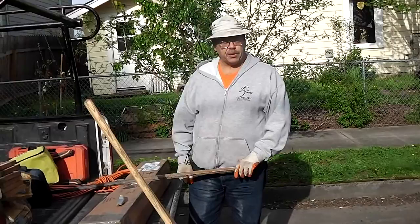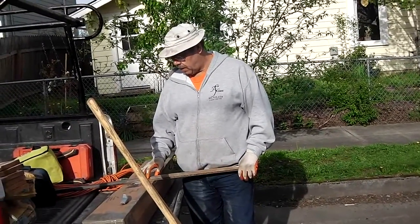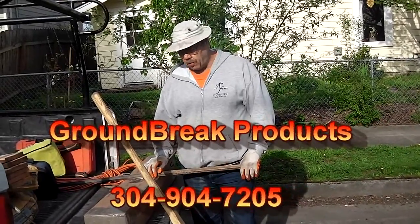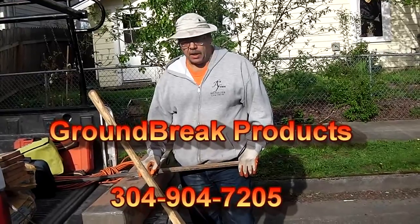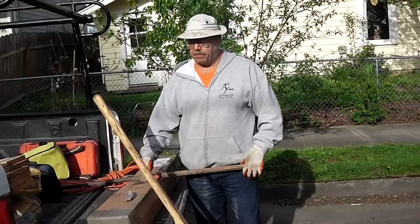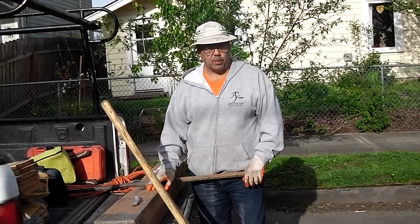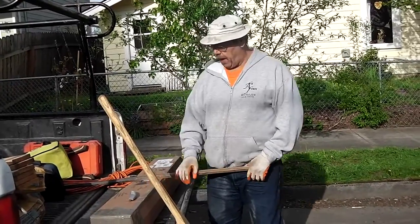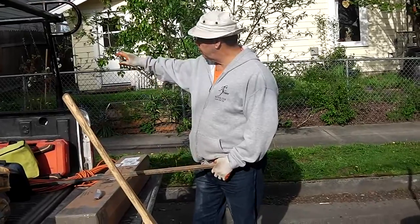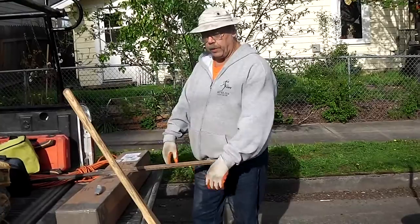So I've been doing a little bit of research. It took me some time to find this, and so I have made contact with a guy named Matt in West Union, Wyoming, from Groundbreak Products. And so this is a consumer report on how to pull out a couple of fence sets with what's called a Bull Pull. So with that, we're going to get set up and see what it looks like on the two fence posts that we're going to be removing,